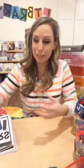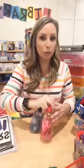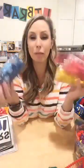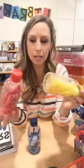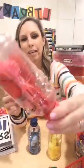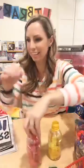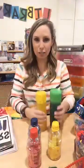Another thing for colors that kind of goes without saying, but sensory bottles are really fun. And there's two different kinds of sensory bottles you can make. I call them dry sensory bottles, which means there's nothing liquid inside. So these are just different things I found around the classroom that are yellow. And of course I put glitter in there because, yes. Or you can make your typical